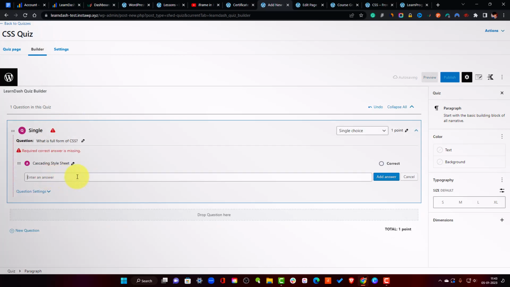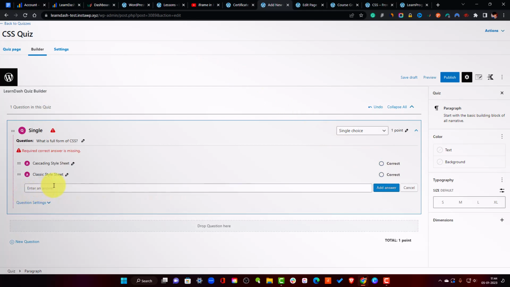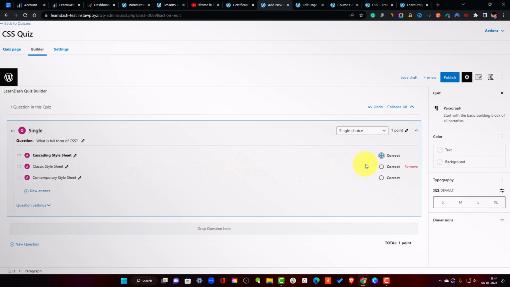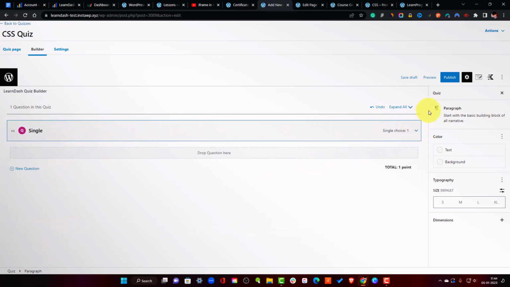I can say classic style sheet, and we can add one more wrong answer. I can say contemporary style sheet. Okay, now we can select the correct answer, this one. Perfect. Now we have one question in our quiz. We can publish it,